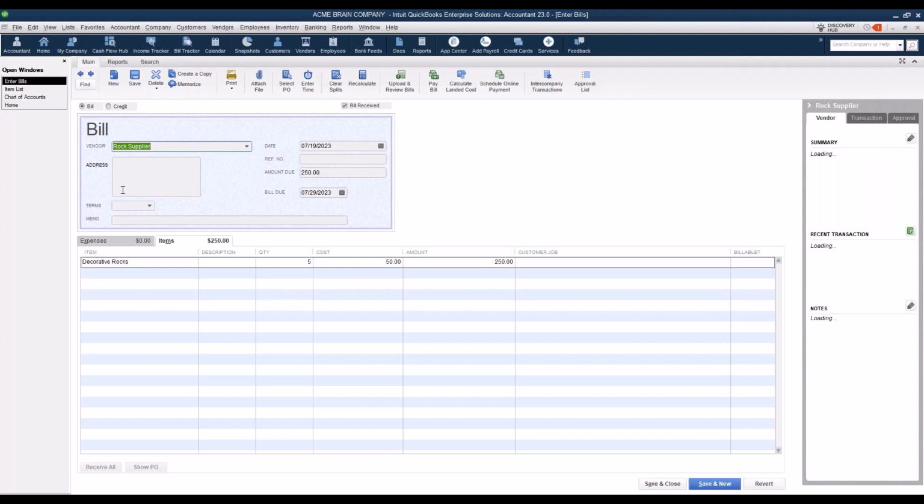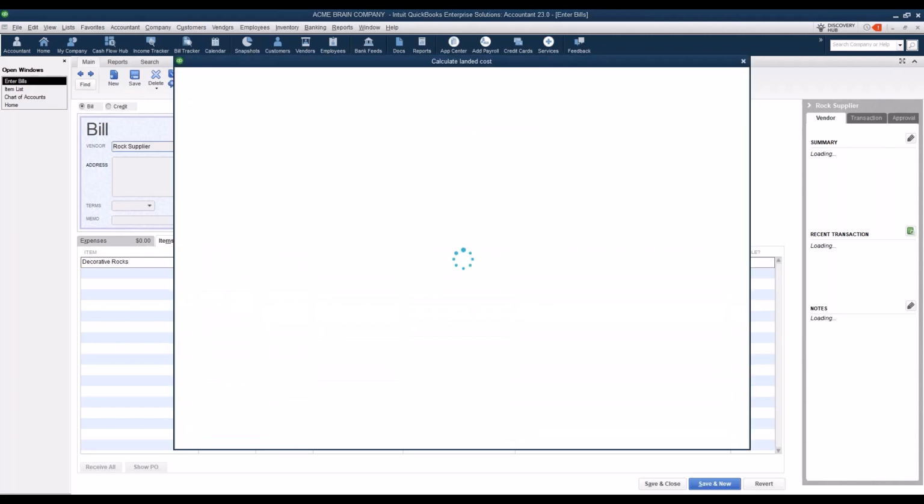Then I've got from my rock supplier, this is where I've actually gotten the decorative rocks, quantity of 5. Here's the cost. So here's where I'm receiving those actual items, and I've got my bill in for that. We're making the assumption here that those things have taken place. I've recorded my freight charges, and I've recorded my items. And you'll see here where we've got calculate landed costs. So when I click this,